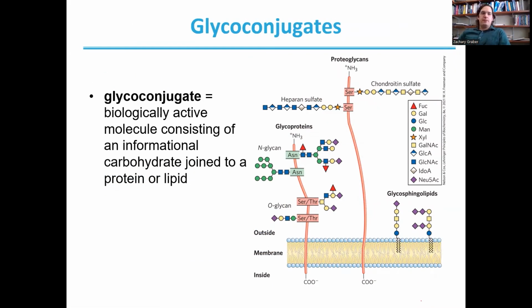While our glycosaminoglycans perform many important roles on their own, in many cases they'll be linked to other biomolecules in glycoconjugates. So a glycoconjugate is a biologically active molecule where we have a carbohydrate linked to either a protein or a lipid. These glycoconjugates can occur in many different forms. So we can have varieties of glycoproteins and proteoglycans, which are combinations of carbohydrates with proteins, or we can have a variety of different glycolipids with those carbohydrates linked onto lipid molecules.